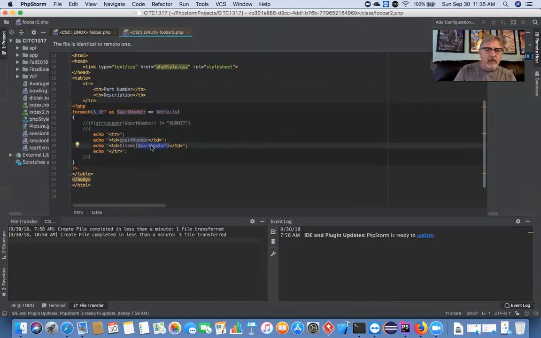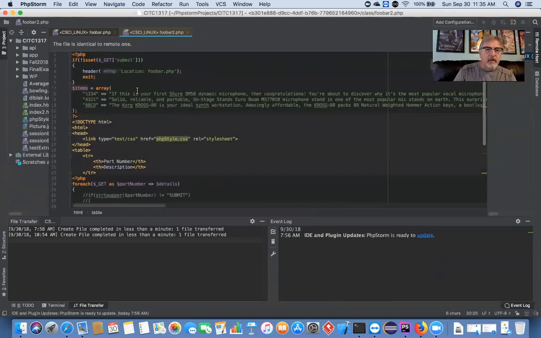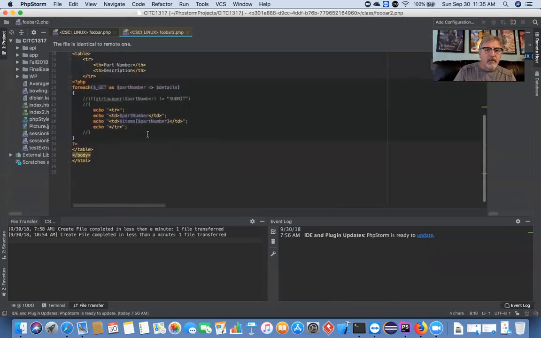But the part number here is the key that I can look up in an associative array. That's how I look up a value, by supplying a key, and instead of an index inside of my open close brackets, I supply the key, and the key will return the details. So if I run this, upload it,